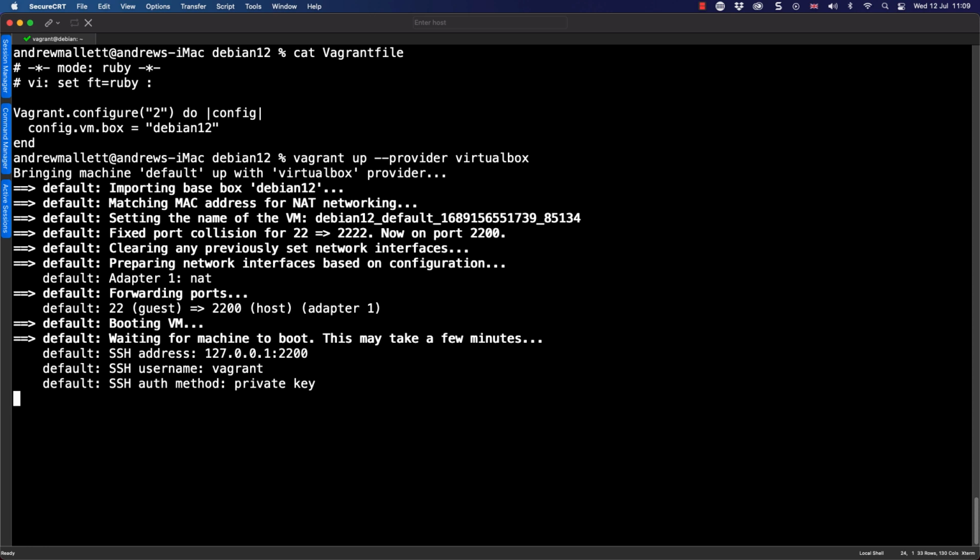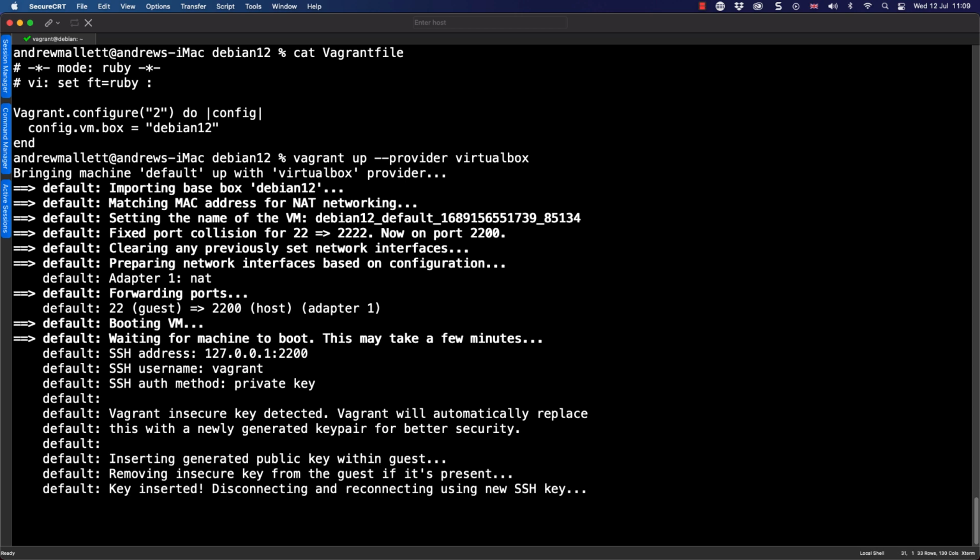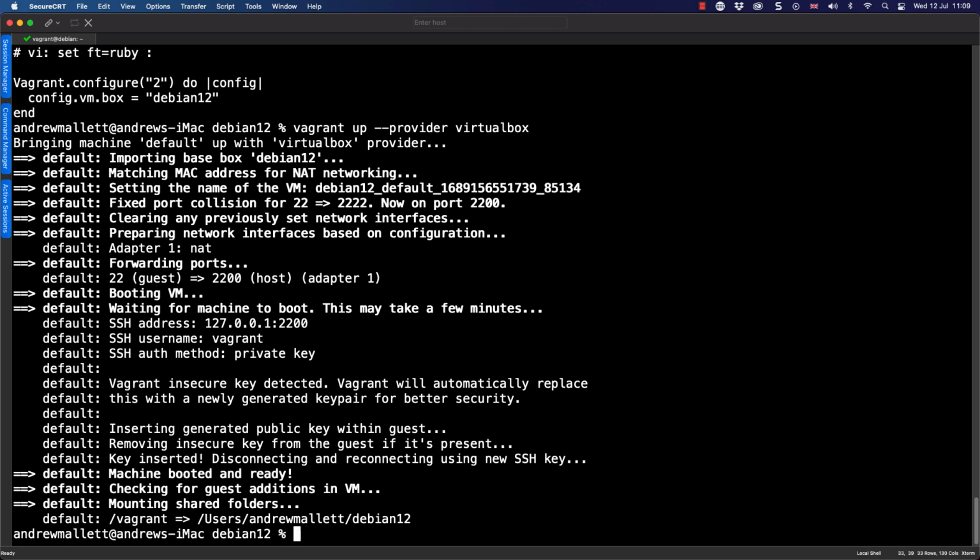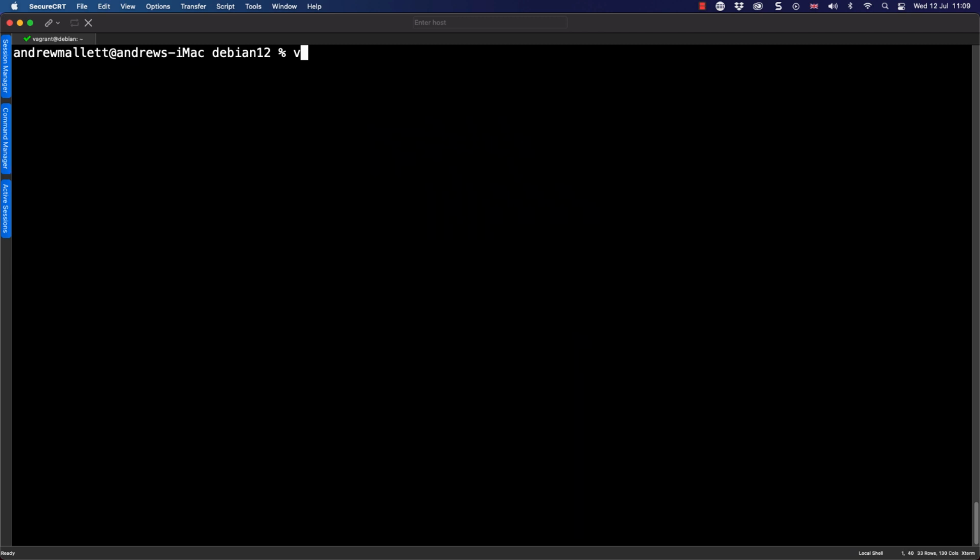And we can see then that it's making the connection in as the Vagrant user using the private key. So this is the idea of downloading the public key and putting it in the Vagrant user's authorized_keys file. It will continue through the login process. We generate a new key pair to get rid of then the insecure public key.